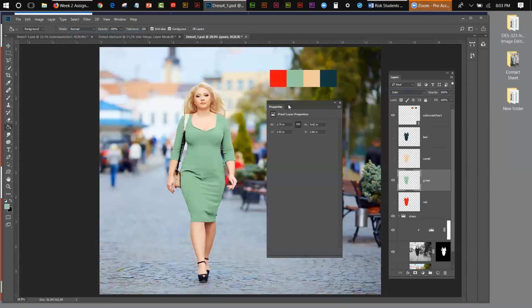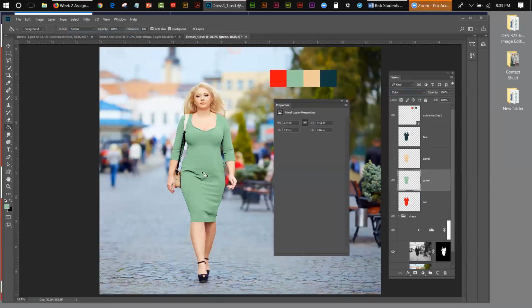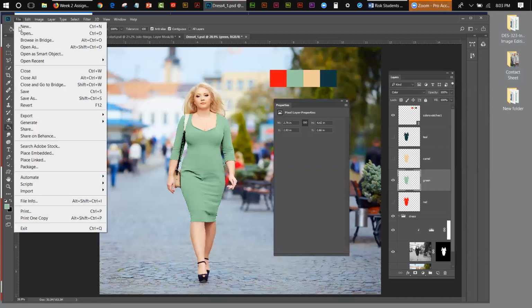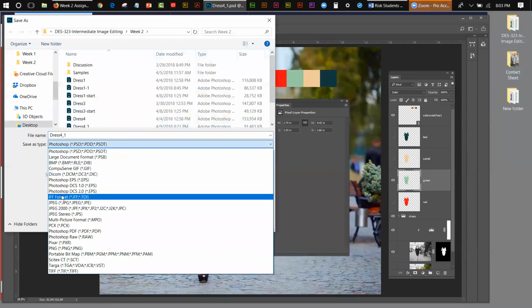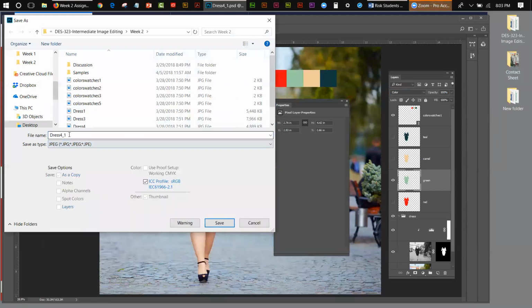So the assignment is ultimately what we're going to do is we're going to export all of these pictures, all right? And I have a folder over here called contact sheet. So what I'm going to do is I'm going to go File, Save As. I believe Save As will do it. Yes, it will. JPEG right there. And I'm going to call this, let's go, this is dress for,